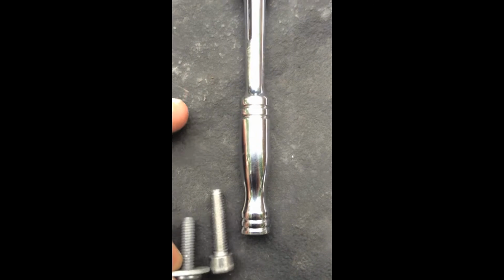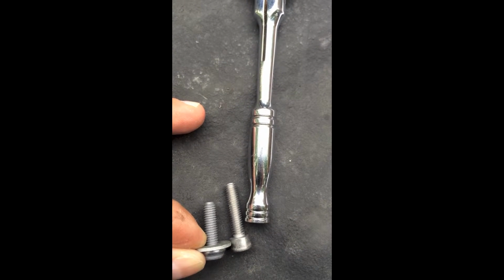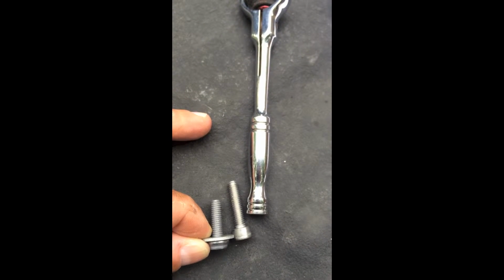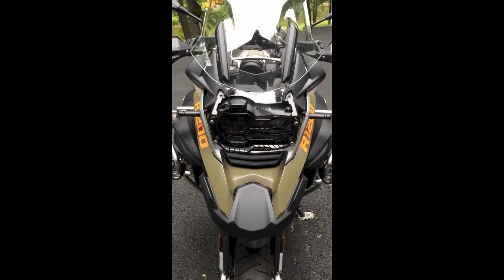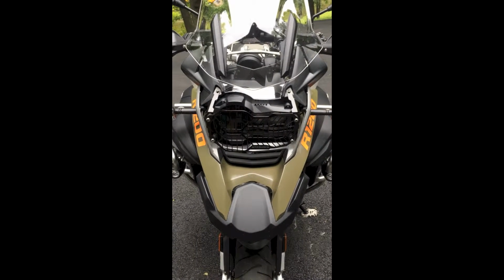Well, here's the bolt that held for where we're going to attach that to, and you can see the OEM bolt is shorter than the one supplied, and that's so that the bracket will be able to be securely attached to the side. So we're going to have to use the one that they provide. Job is done. It took about 25 to 30 minutes, only because there was a lot of walking back and figuring out the correct tools. But if you take it easy and don't rush it,